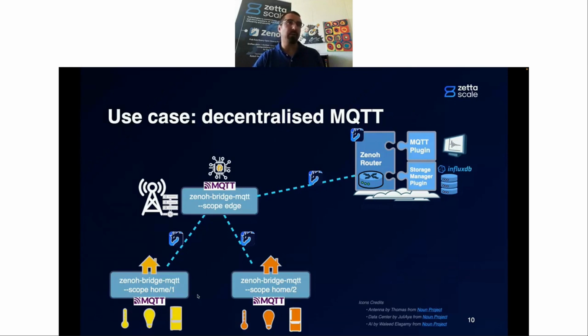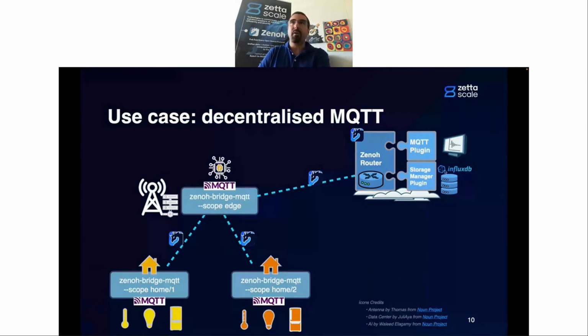So we scope the 2 bridges to prefix each MQTT topic in Zenoh with a prefix corresponding to the home number. And you can have those bridges connected to a first layer, for instance, an edge MQTT service system, which might be deployed in a data center in some district, or, in the scope of 5G, in some MEC deployment for 5G antennas. Then in this edge device, you can also have your own scope, and consolidate all the data you get from the homes, and then republish something over Zenoh,